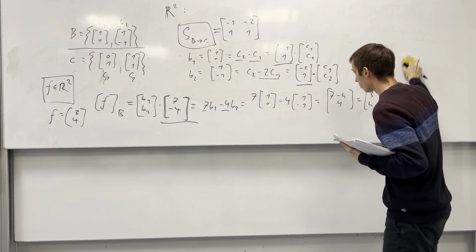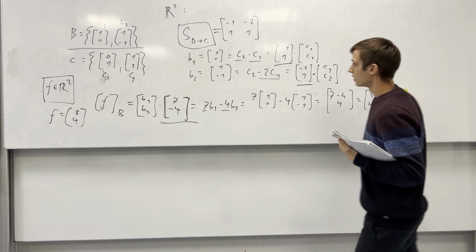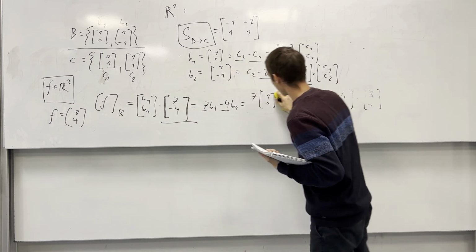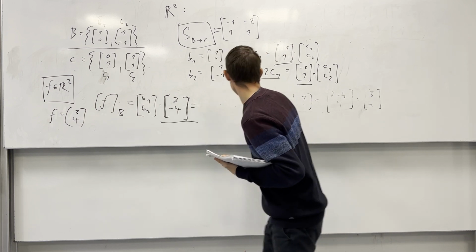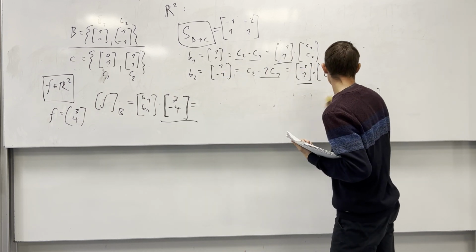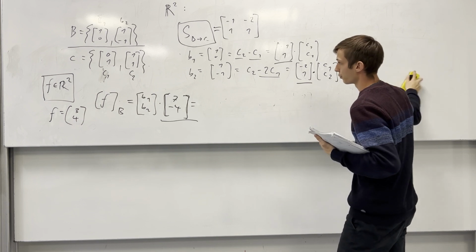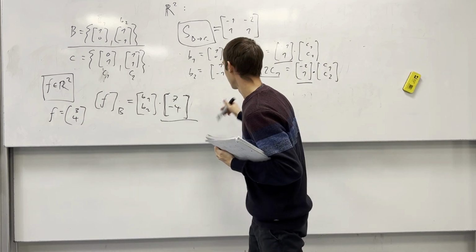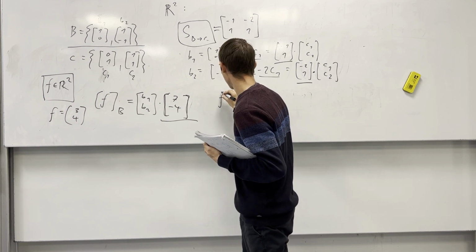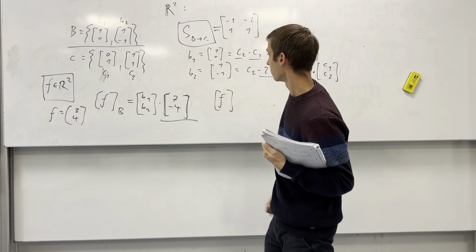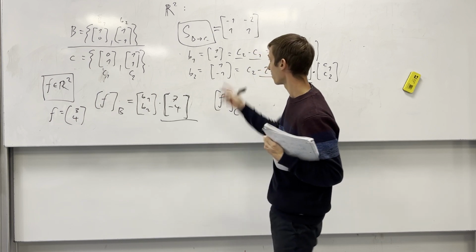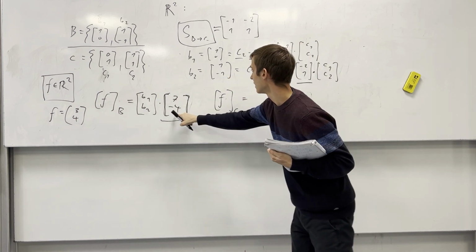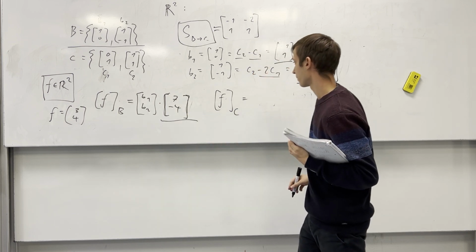All we have to do here is recognize that we had 7 minus 4, which was in terms of the basis b, and to get the vector f, not now in terms of b, but in terms of the basis c,